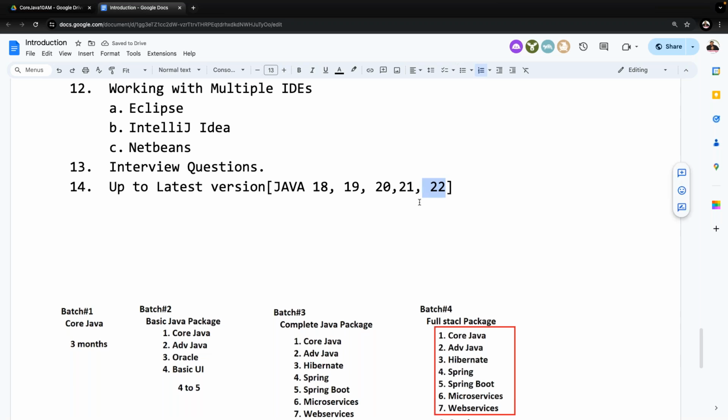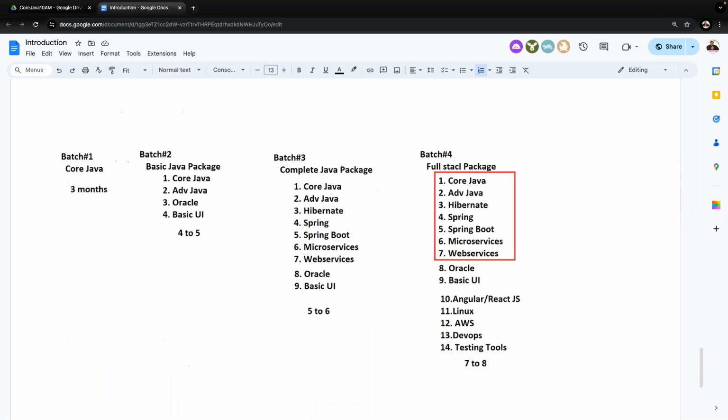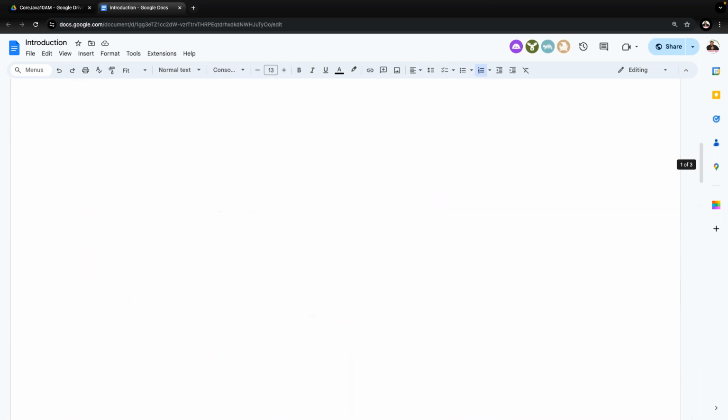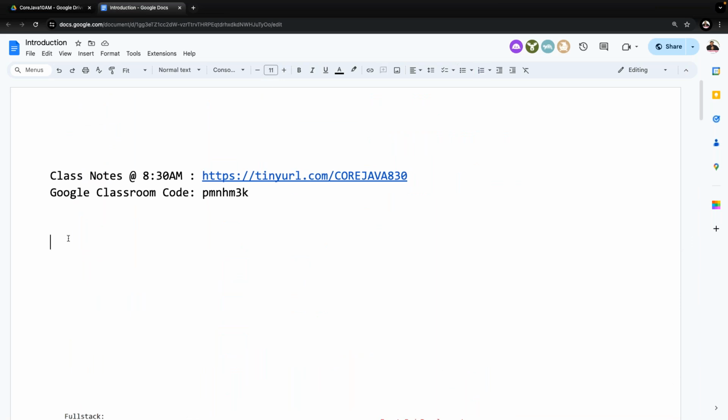At present, what is the latest version of Java? The 22nd version of Java. Up to that we are going to understand the subject. Okay, right, sir. Now this is the information I'm telling you. It's okay, guys, that's it. This is somewhat of the information and the advantages we are able to get now.